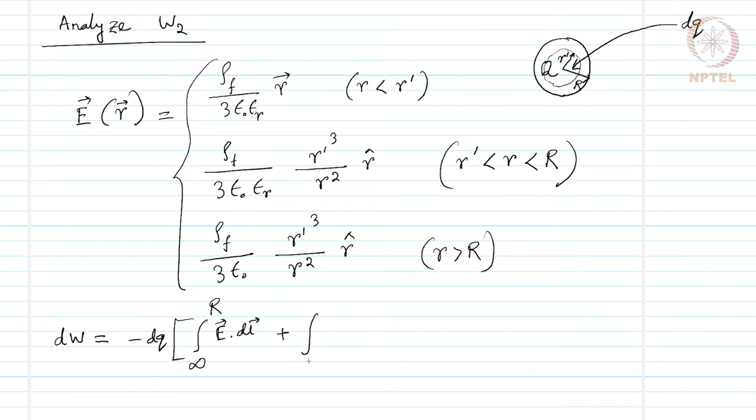plus integration from R to r prime. We will fix that spherical shell at r prime radius, E dot dl. This much work we have to do, and let us perform this integral and find out what it is. So, this dw work is equal to minus dq rho_f r prime cubed over 3 epsilon naught